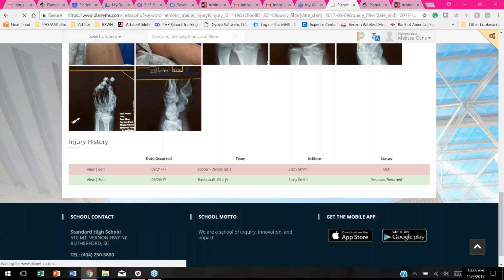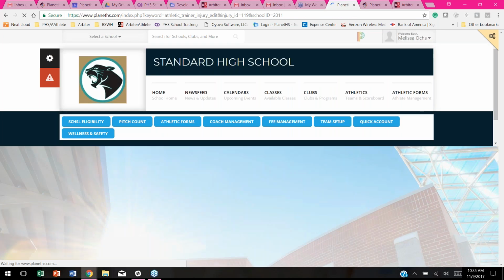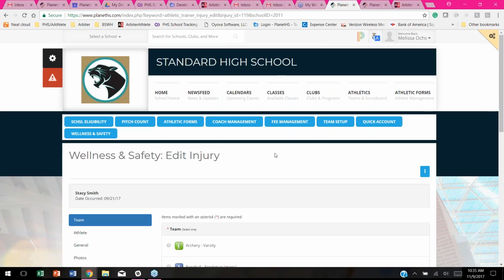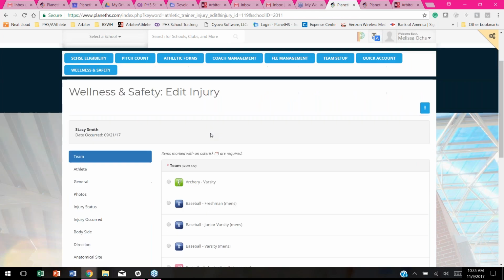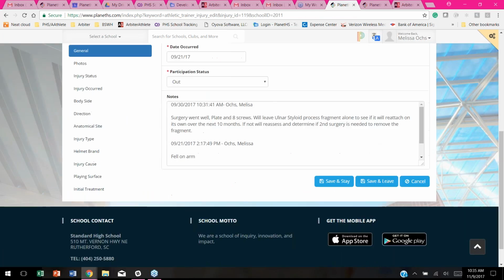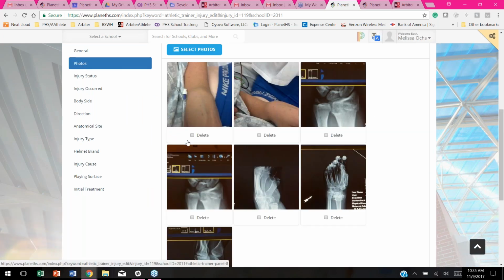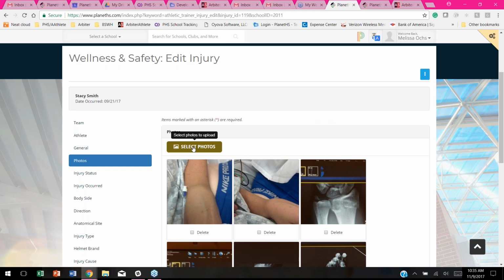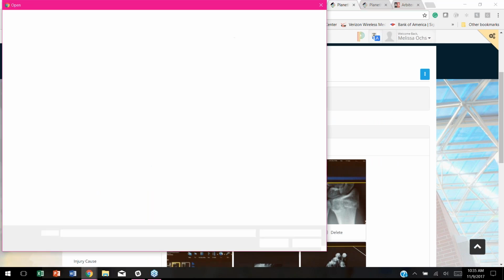And we're going to just hit edit, and that's going to take us into the actual injury record. That way we can add our files and photos that we may need to. And you can simply go to General and add any notes that you would like to, or Photos. And if you need to select photos to upload or files to upload, you can do that here by simply